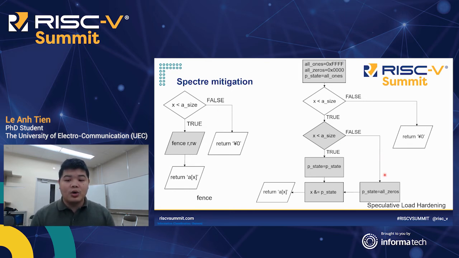The second method is called speculative load hardening. We insert a set of instructions inside the conditional branch. And we also use a global predicate state parameter, which will be 1 if a misprediction has occurred, and 0 if not. So it will ensure that the program would load a safe constant instead of user-controlled data in the case of mispredicted execution. So that no sensitive information could be leaked in the code for Spectre to exploit.